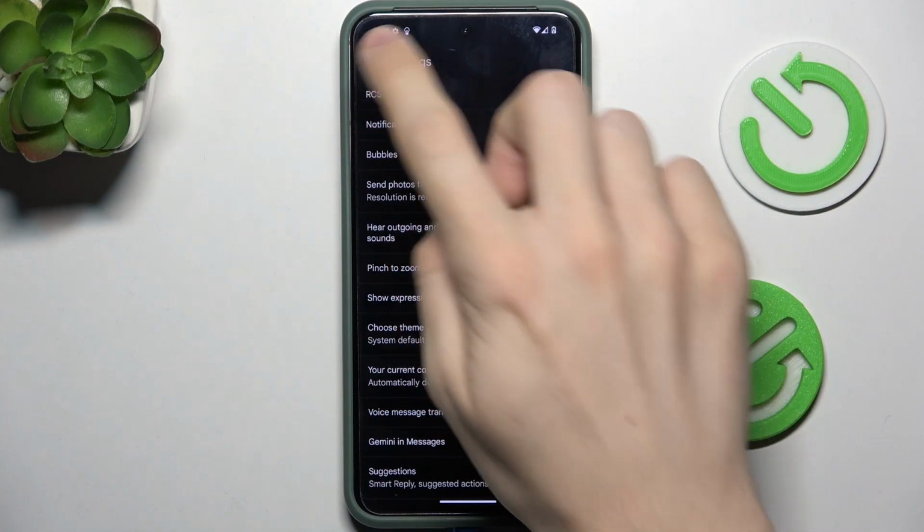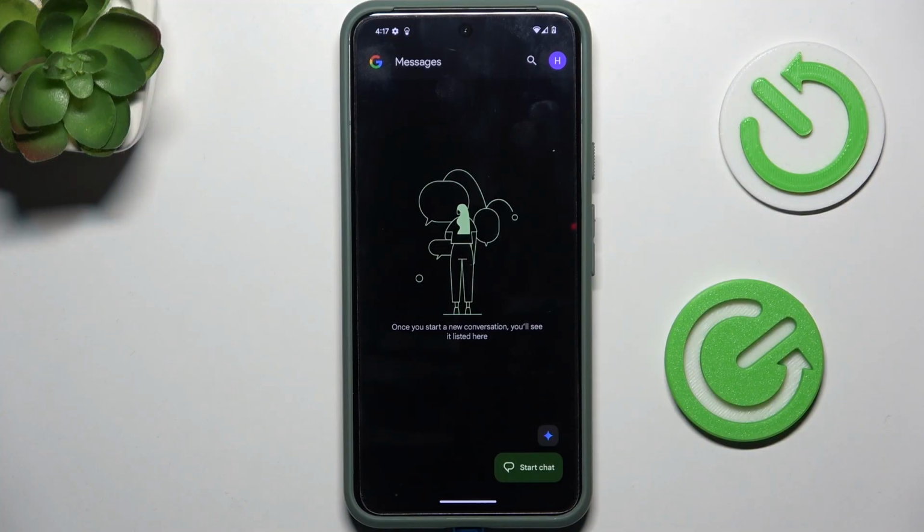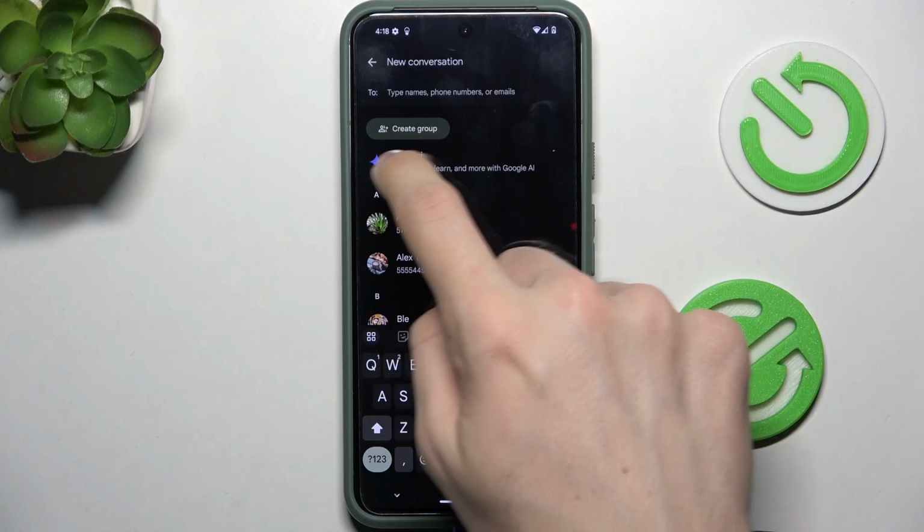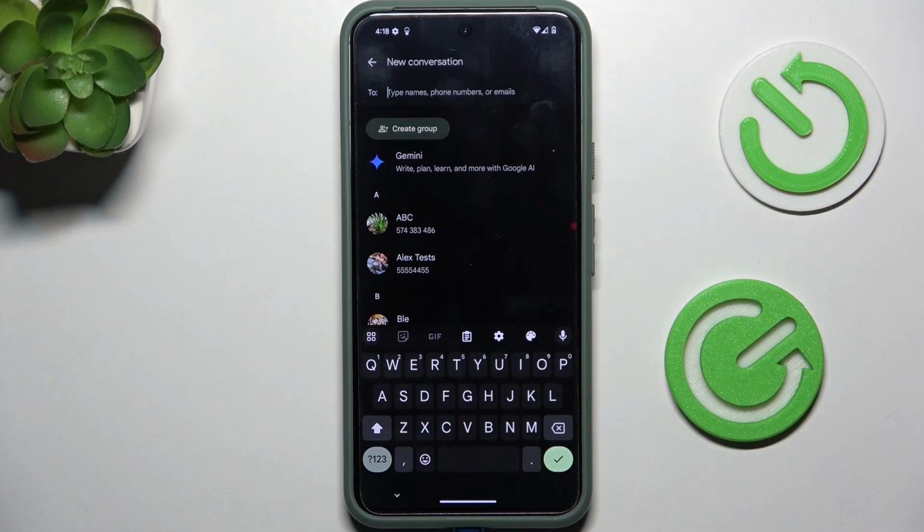Then I will suggest you to restart your phone so it gets the whole thing, and if it does, in the Google Messages app, which I'm currently in, you will be either able to click on the Gemini icon here or click on Start Chat and click on Gemini. If this doesn't work for you, I'm gonna show you how to use it in a moment, but before that